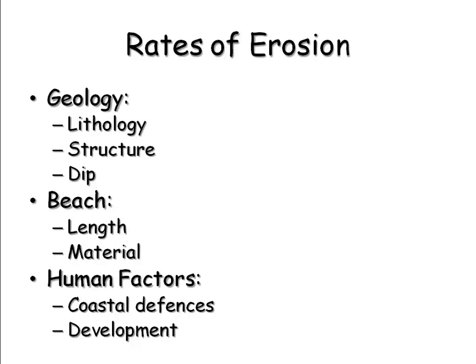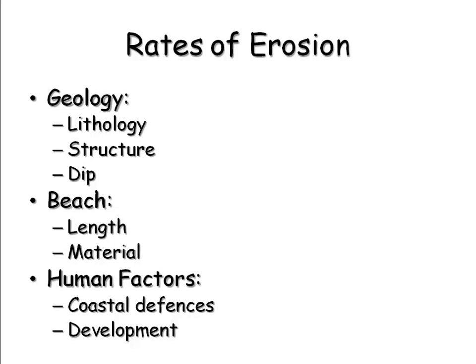The rate at which the coastline erodes has several different factors that will affect it, not least the rock type or the lithology. More and less resistant rocks will erode at different rates, obviously. Also, the structure of the rock, that is how it's laid down, whether it's in joints and bedding planes, whether the different types of rock run parallel to or perpendicular to the coastline, they'll all affect the rate of erosion. And also the dip of the rocks as well,